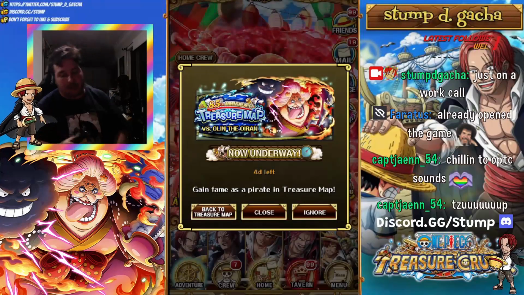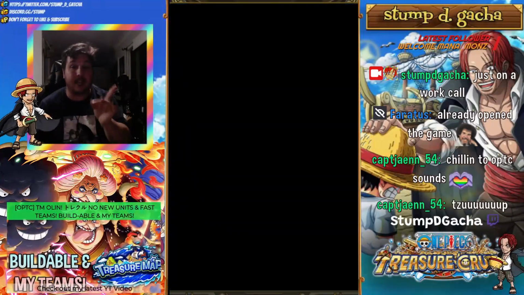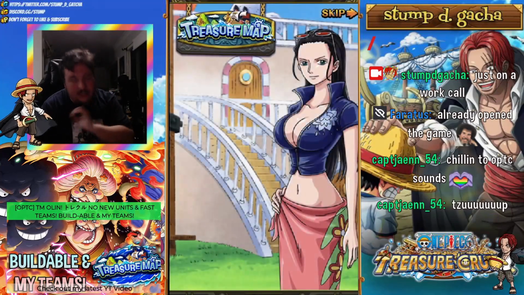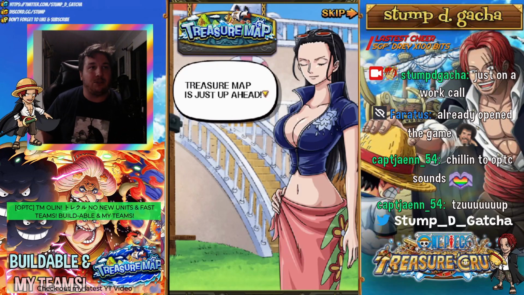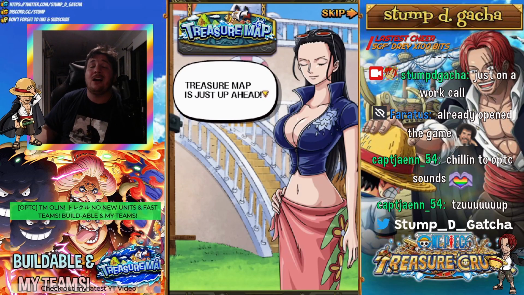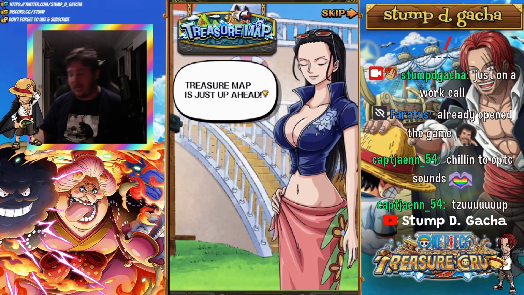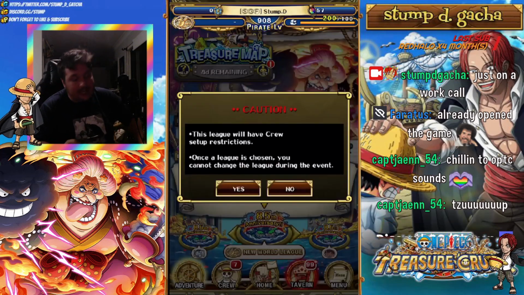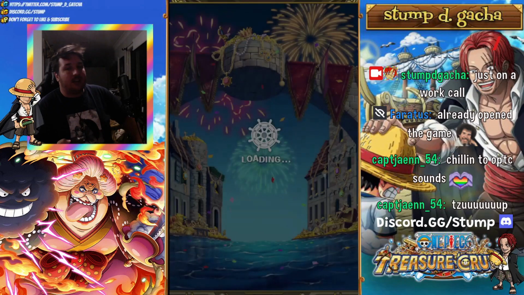It's your boy Stumped, back for another OPTC video, and in today's video, as you guys can see, we have Treasure Map. OLIN is live. It's our favorite time of the month. It's Treasure Map time! I hope you're all excited. I hope you guys got your teams ready, because we're diving straight into the new world for the 8.5th anniversary